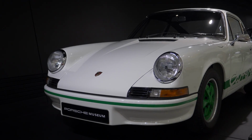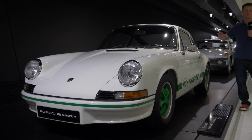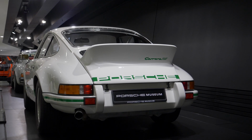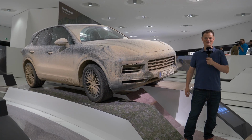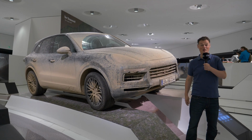This 1973 Porsche Carrera is the first one to bear its name. It was the fastest car of its generation and the first to feature the famous ducktail at the back. Well, it's really a pleasure for me to stand in front of something that for once is just slightly older than I am. We've managed to find the Cayenne's prototype, and as you can probably tell with a quick glance,